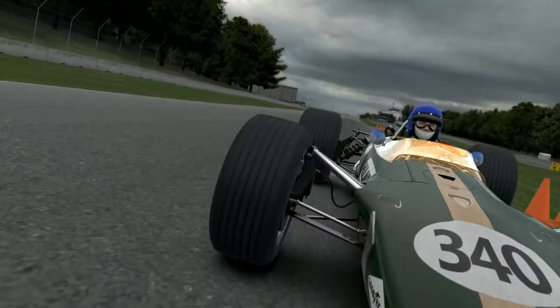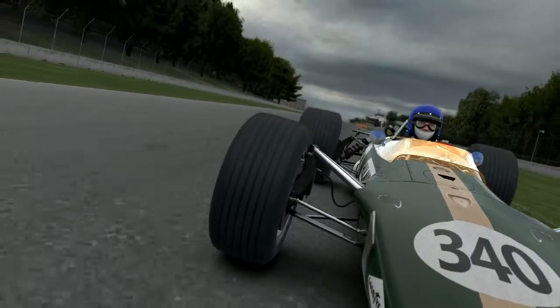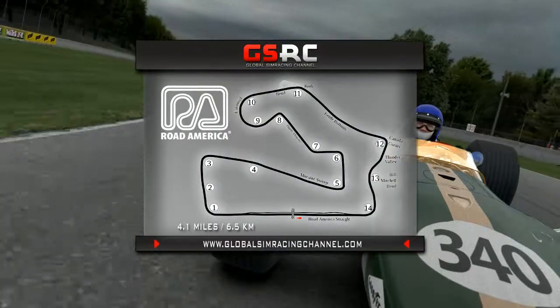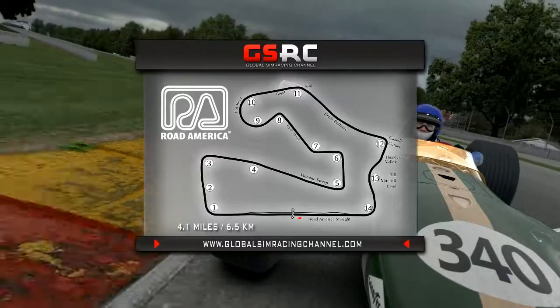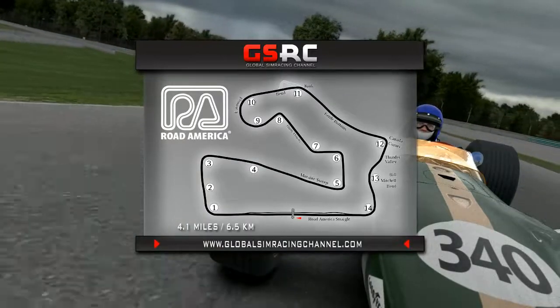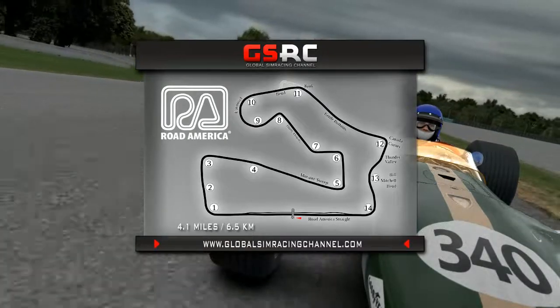Elkhart Lake doesn't necessarily look thrilling from an overhead shot of the layout, but boy does it deliver when you see it from the cockpit. As we see on the track map, you have 4 miles to deal with around here and 14 turns. It is a long one. And despite the high speeds that you have around here, it takes over 2 minutes to make a lap around